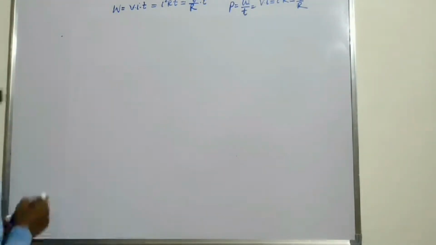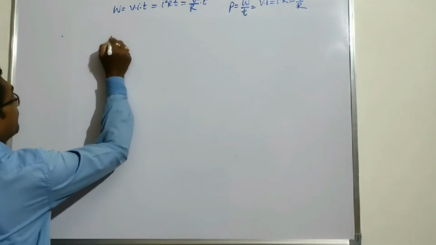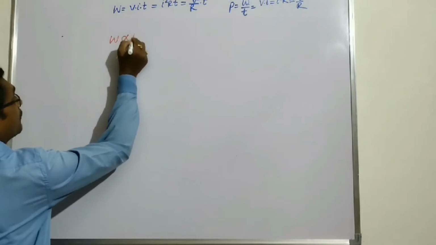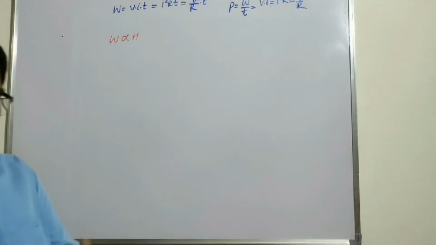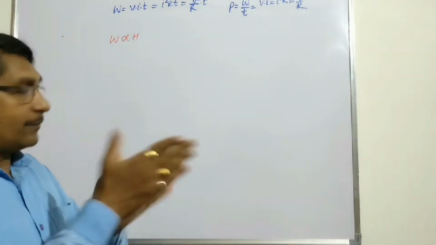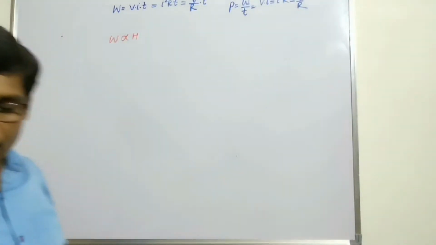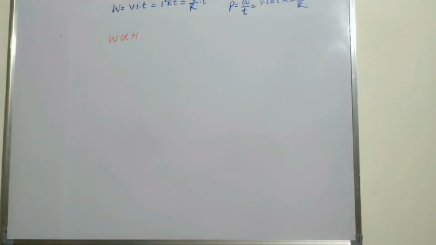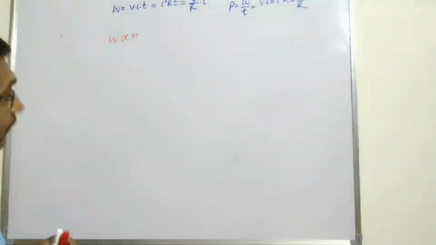So we can state the first law: mechanical work is directly proportional to the heat generated. For example, when we rub our palms, this is mechanical work done and heat is produced between the palms due to friction. That's why work done is directly proportional to heat. So we can remove the proportionality sign and write